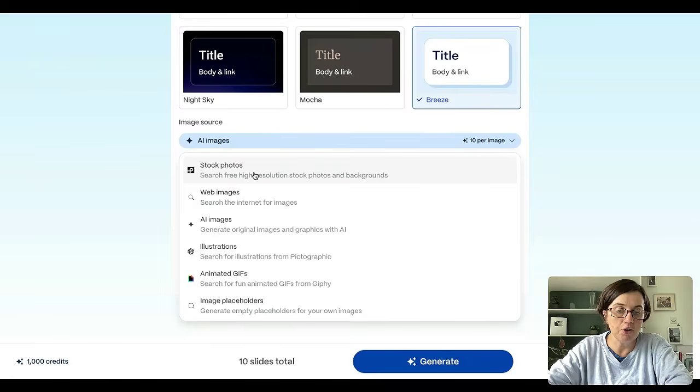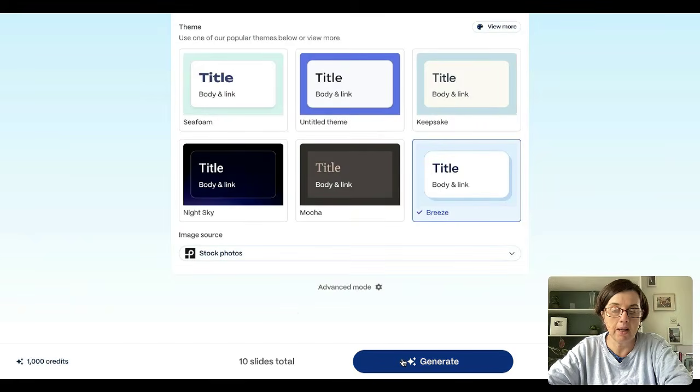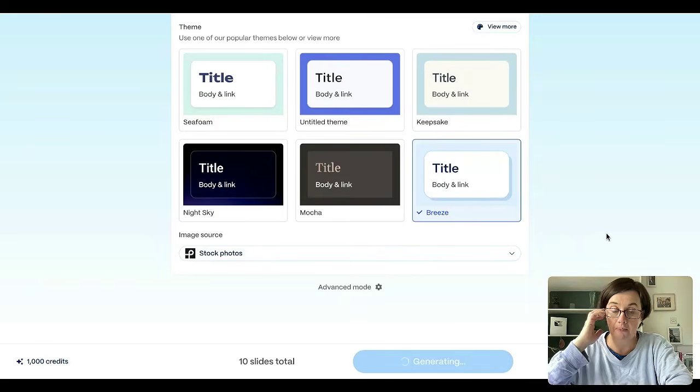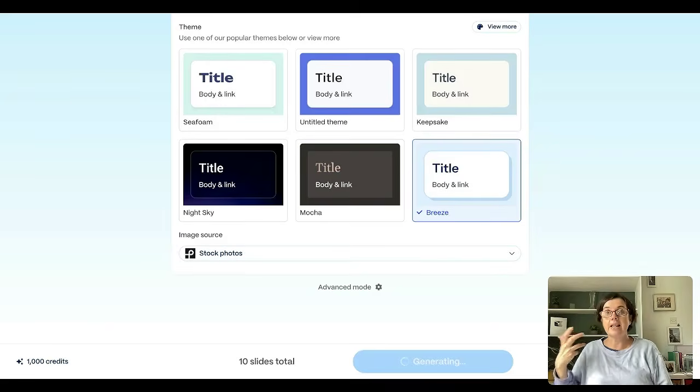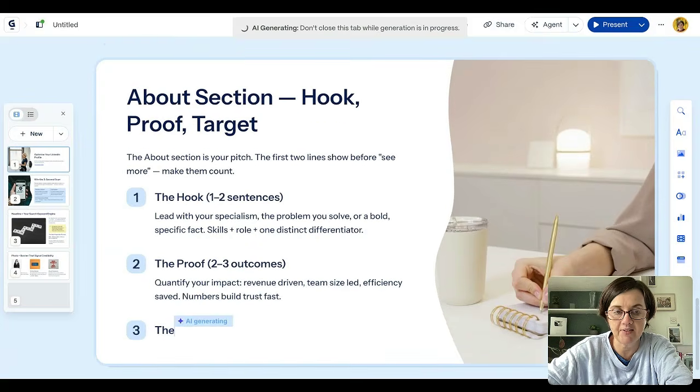I'm going to use stock photos rather than using AI photos, and quite interesting to do illustrations as well. And I'll show you that in the next example. But we're literally going to now click on generate and see what it comes up with. And remember, this is your starter for 10. So this is if you need some help getting started with creating a slide deck for your pitch deck or for your carousel post. So we can see it's starting to create the slides on the left-hand side, and I